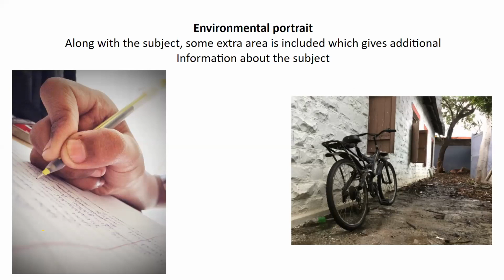So this is a really interesting thing where we can play with the compositions. This is my personal favorite, environmental portrait, because close-up portrait, to be very frank, is not very difficult. You just have to show the subject. That's it. Anyone can do it. But here you can be a different person. You can be a different photographer than the rest of the team or rest of the guys. So what area are you including? Is that area giving any extra information? Because taking a photograph and then writing about it doesn't make any sense, right? We have to tell our story through the photograph only. So add something that will give information about your subject.